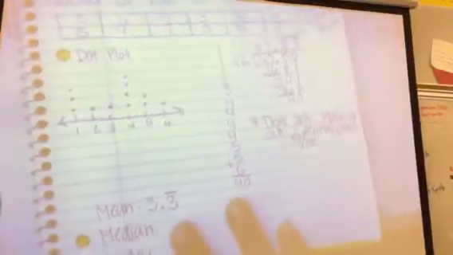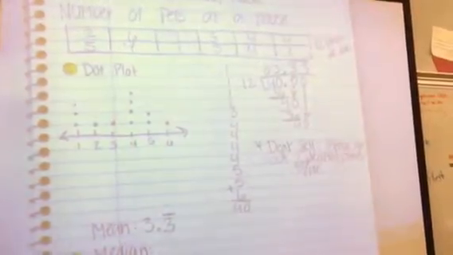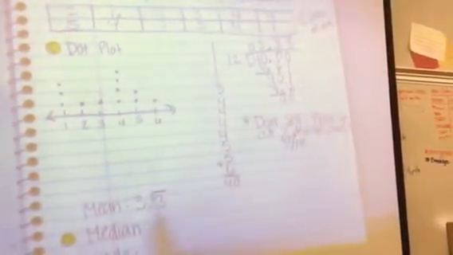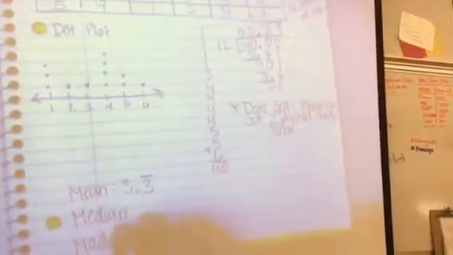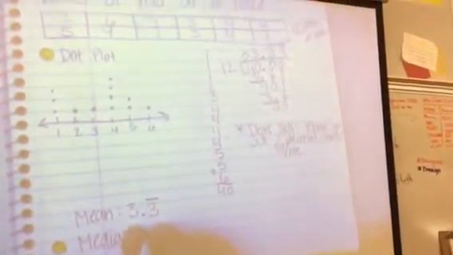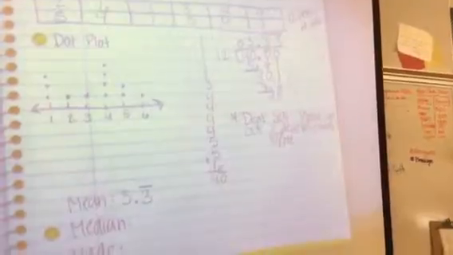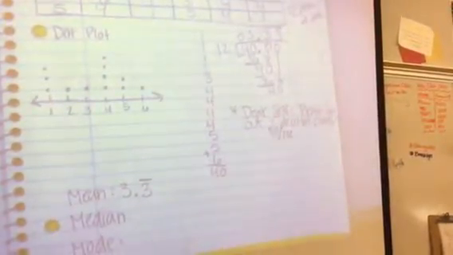Okay, so we're going to fill it in. So our mean is 3.3 repeating. I understand that we were looking at the number of pets at a house. You can't have 3.3 pets. That's like, oh, I have 2 dogs and a cat that lost its tail. You can't have 0.3 of a pet. However, for your data book and for this data, there's a difference between 3 and 3.3. 3.3 means it's a little bit more than 3, but not quite as much as 4.